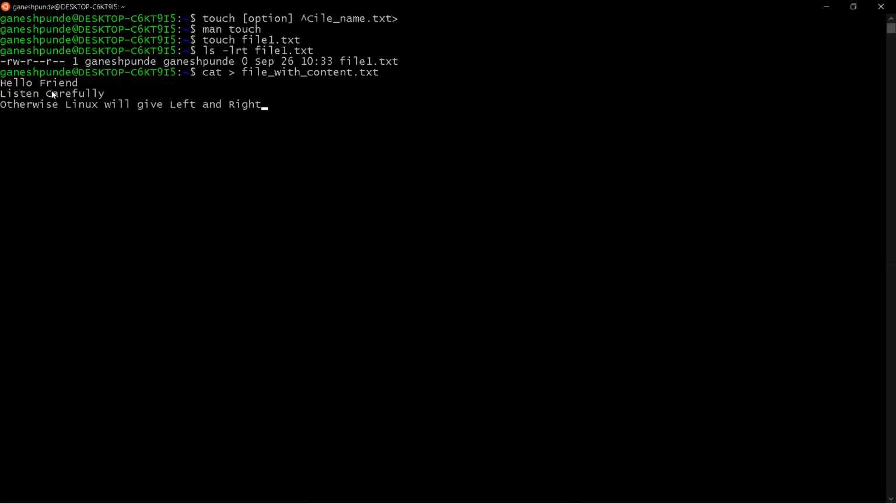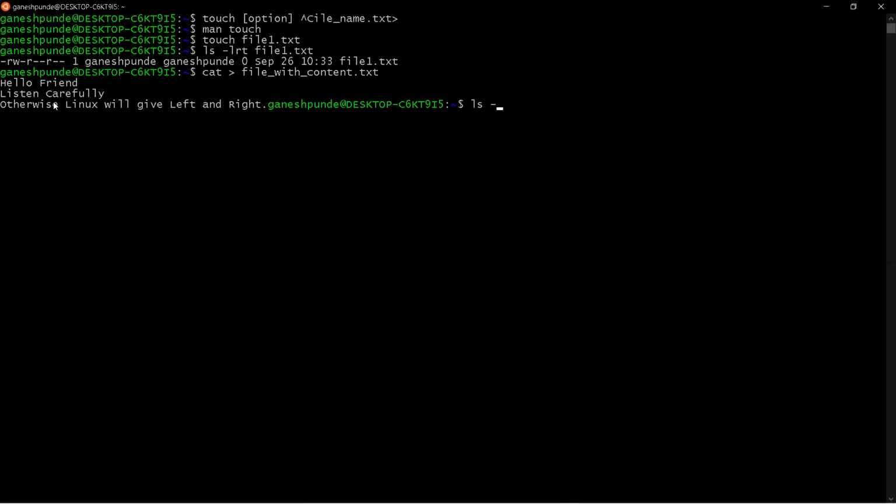So these are the three sentences I'm adding. Hello friends, listen carefully, otherwise Linux will give left and right. And if I want to save this file, what should I do? I should press Control D. Now you can see I came out of the edit mode. It means the file is created.